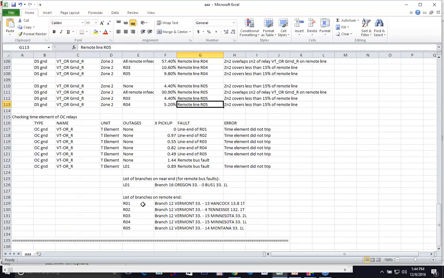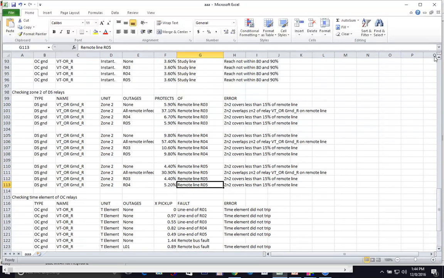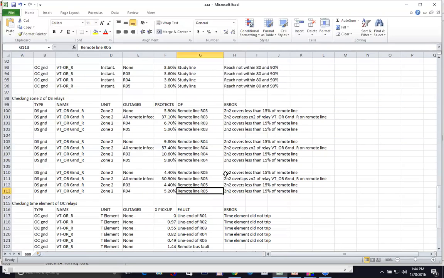Excuse me, it's down over here. Basically, R is a nomenclature that means remote, and L means it's local. We number them like this to make it easier for us to not take too much real estate on the screen. Let me just look at R3 here.